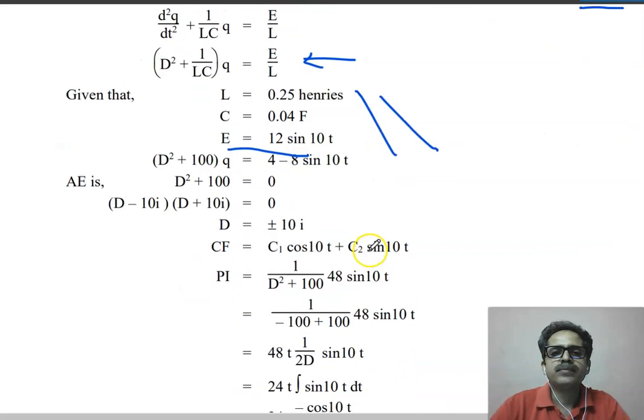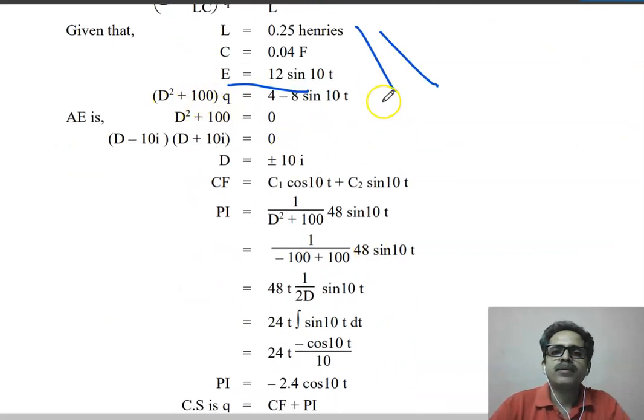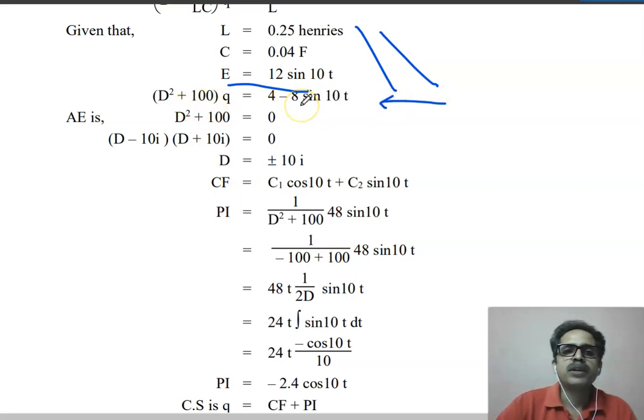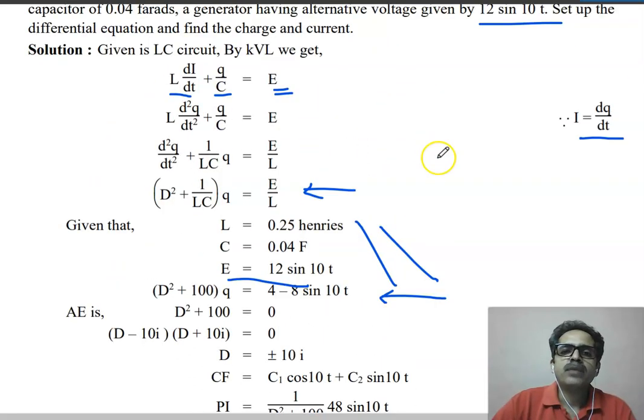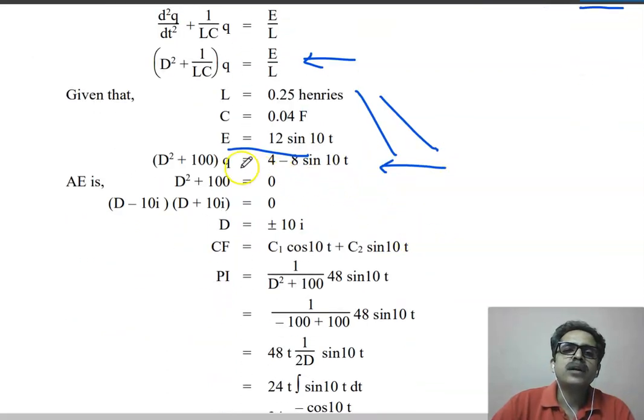We get this kind of differential equation, where capital D stands for d by dt. You can see that we have taken capital D for d by dt. Note this: here the variables are q and t, because we have replaced d square q by dt square by capital D square q. So the D operator stands for d by dt, and this differential equation has the type phi D q equal to f of t.